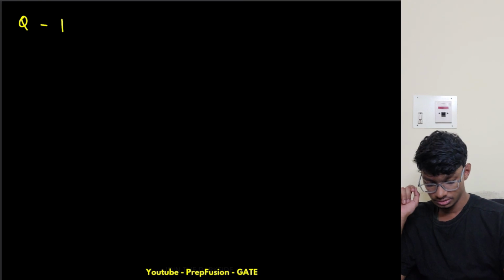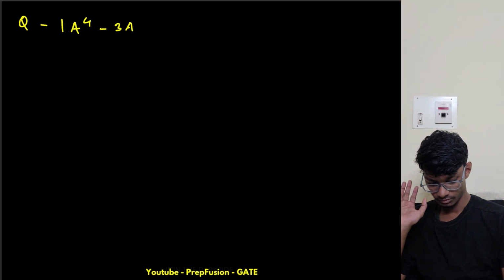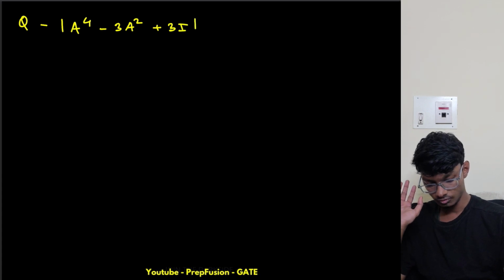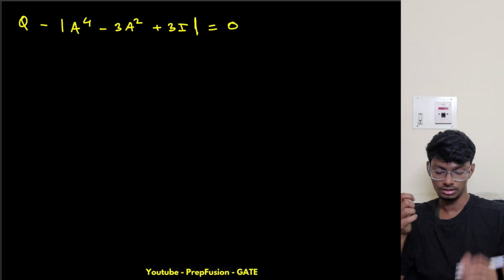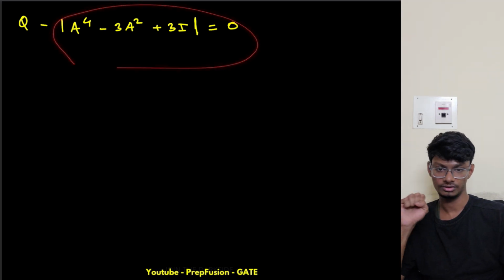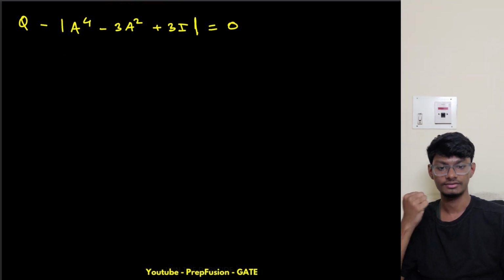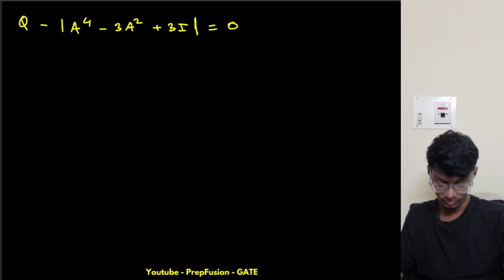So, let's say I have one equation of A to the power 4, plus 3A squared, plus 3I. Now what I want you to tell me is what will be the determinant of this whole equation. So how shall I find it? You don't have to solve, right? You don't have to solve. What you will